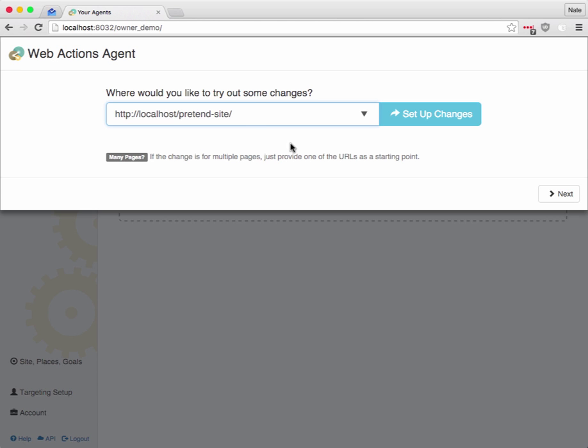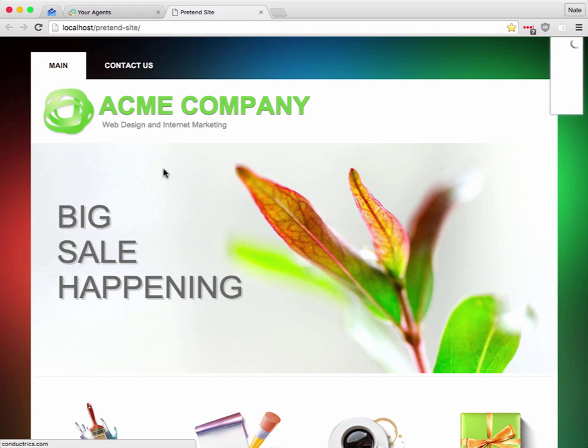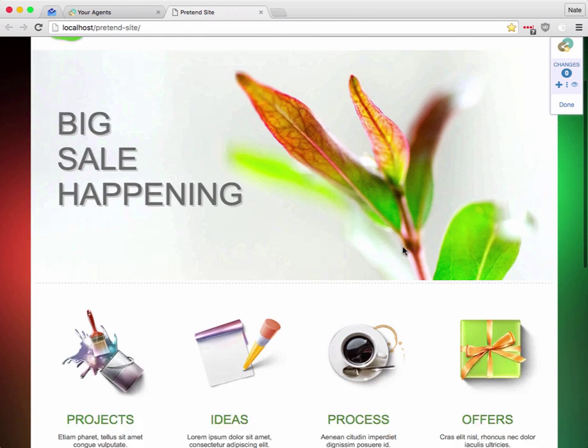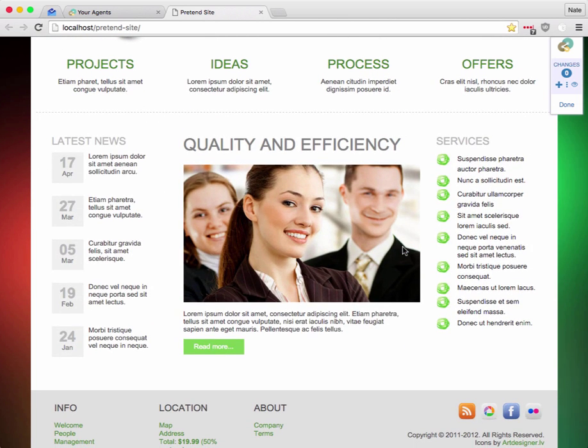I've got a pretend page already pasted in here. So you click Setup Changes. That loads up your actual web page, which would appear here, along with this little toolbar. The toolbar is what you use to add a few changes. So in this scenario, let's just pretend that I want to make some kind of changes to this area